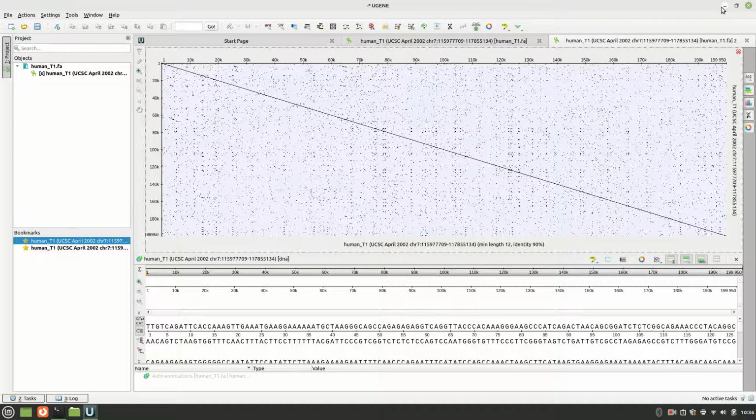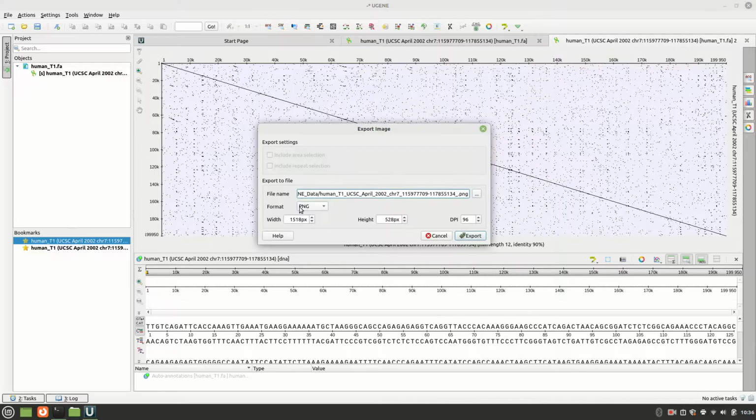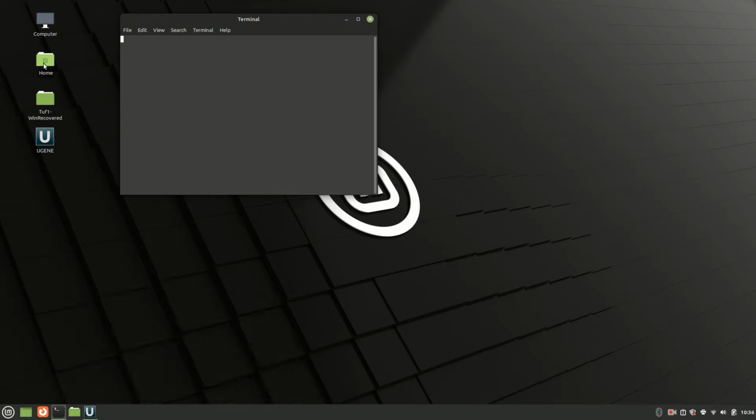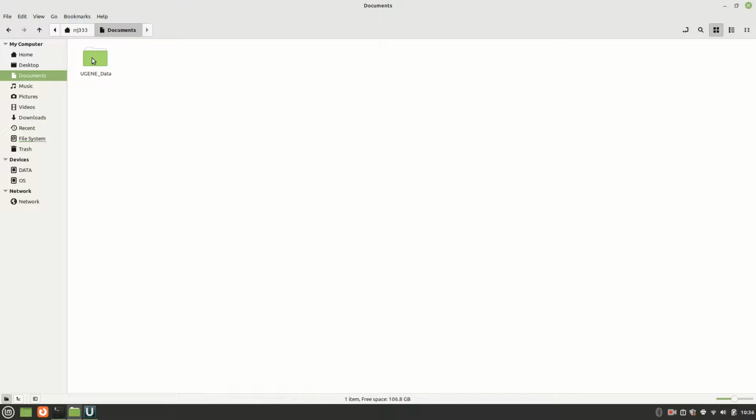So now I'm going to go find it. I just realized I don't know where the default save is. Let's look at that. It's in Documents, Eugene data. Okay, so yours may or may not be the same as mine. Mine is in Documents and in Eugene data. Yours may or may not save it to the same place. So let's go look at that particular folder. So Documents, and there's Eugene data,